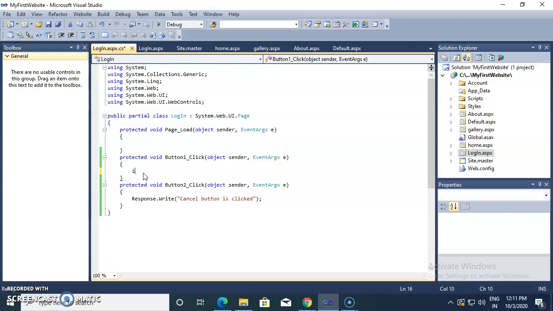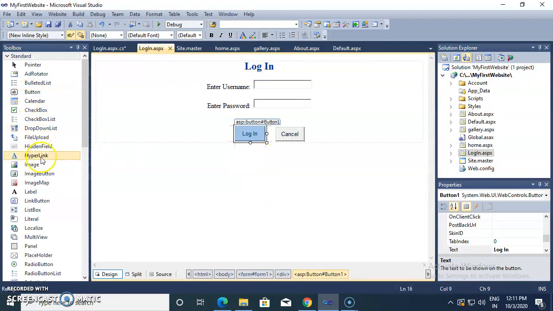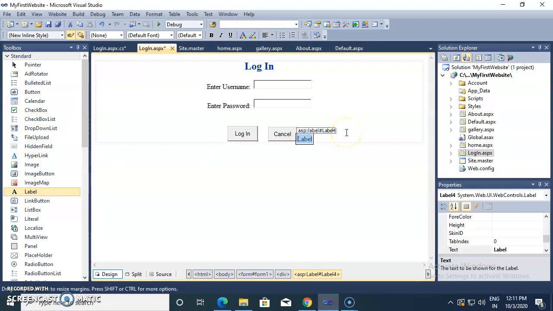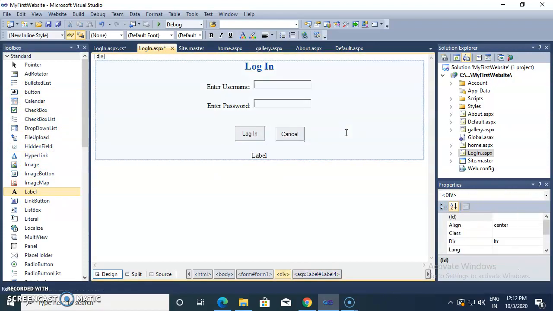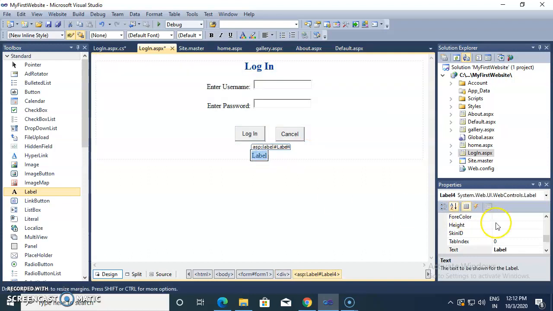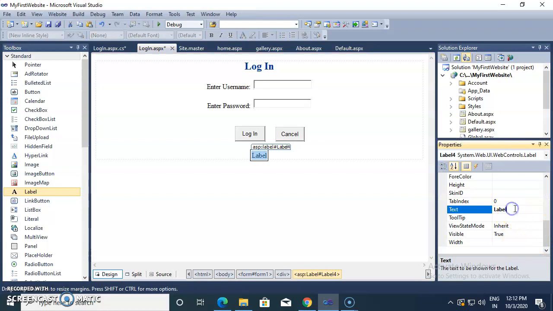For the error message, we are displaying one label here. Now I need this label here, and we are giving this label the text "invalid credentials" or "invalid username or password".